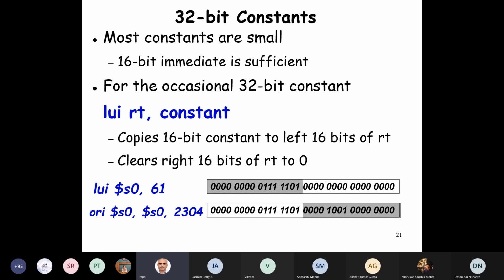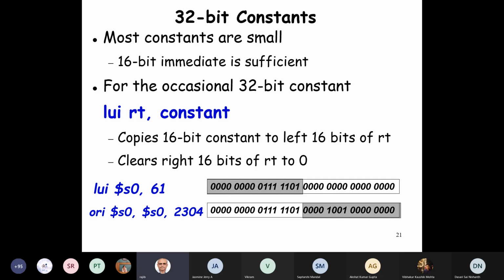We are already at the end of this class. We have small programming parts left, and we will complete that in the next class, and then we'll start looking into the hardware itself. So far, we have been only looking at the instruction set architecture. We are at the end of that. That is chapter 2 in the book. If there is a quick question, we can answer that, or otherwise we'll end here.